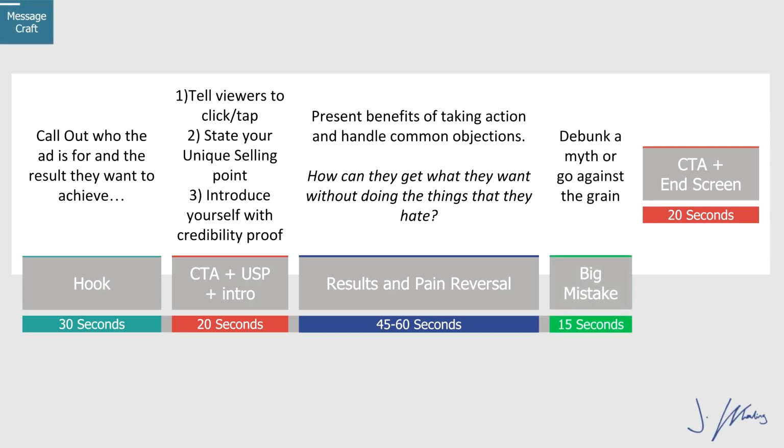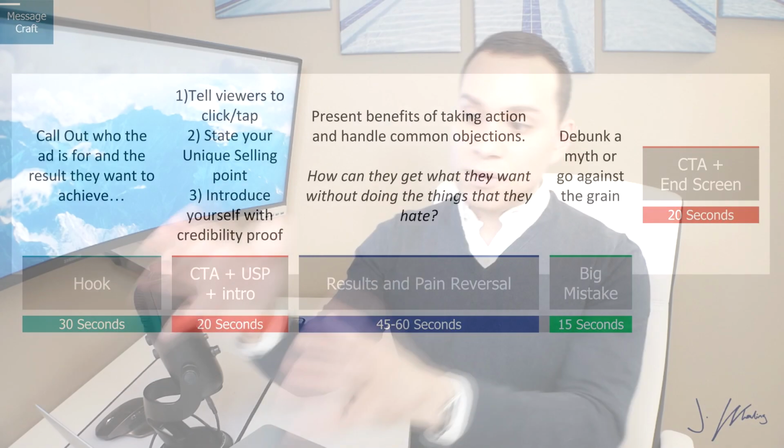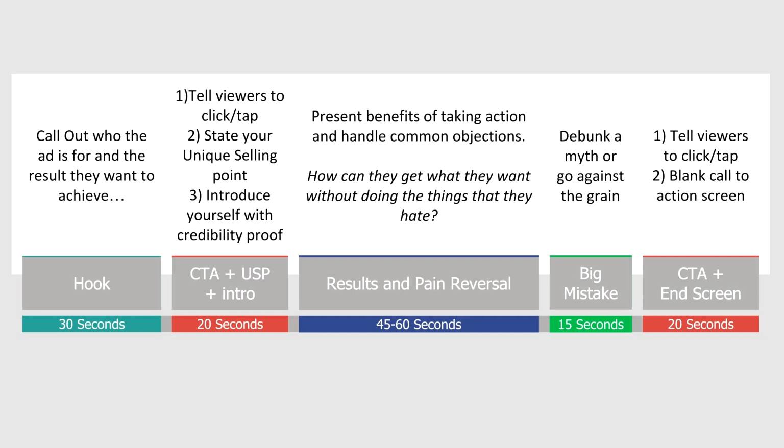This is where you can position yourself as a contrarian, saying, hey, everyone's doing this to be successful, but you should actually be doing this, or actually this is something that you shouldn't do if you're XYZ, right? And whatever that XYZ is should hypothetically represent whoever your ideal customer is. And then you'll wrap up again with simply saying, here's my elevator pitch, and you need to click or tap,